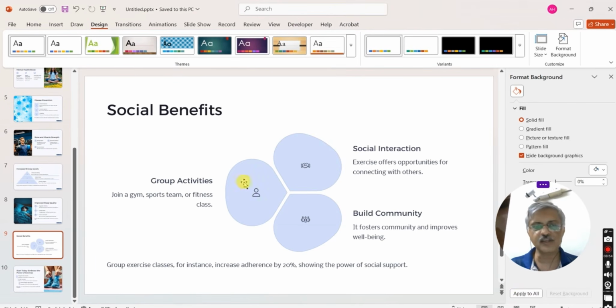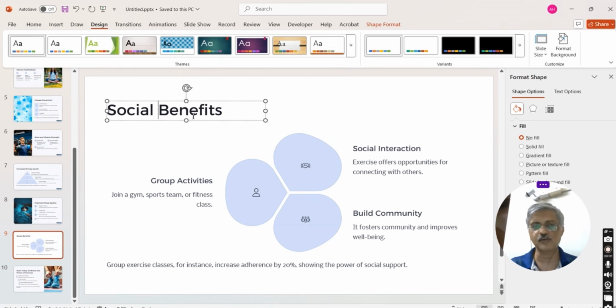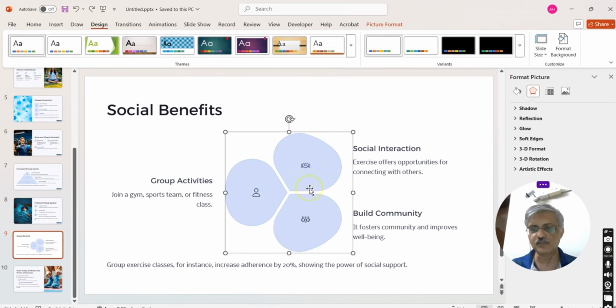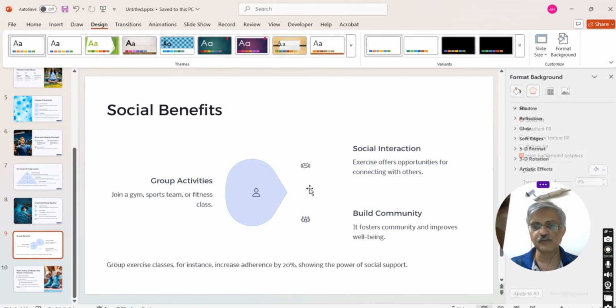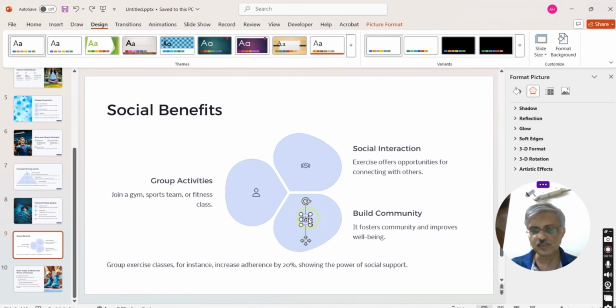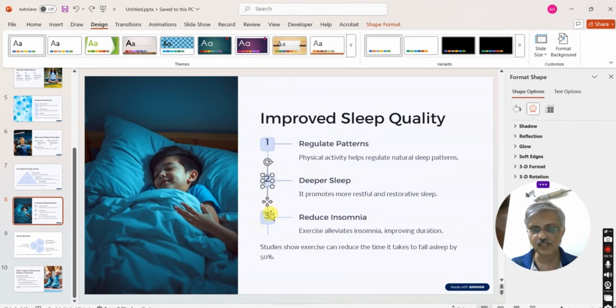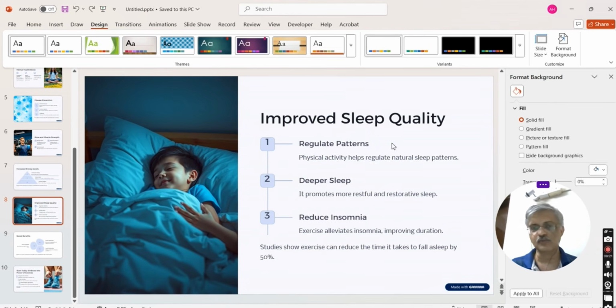Now, if you see each and everything here, each and every element is editable. So, if you see this text is editable, you can type whatever you want. This image itself can be deleted. You can replace even parts of it. See here, allowing you to replace each and every part. This specific image can be changed. This image can be removed, deleted, or replaced. You can change the numbers in each and every part of the PPT. It's fully editable. So you can go back to the camera.